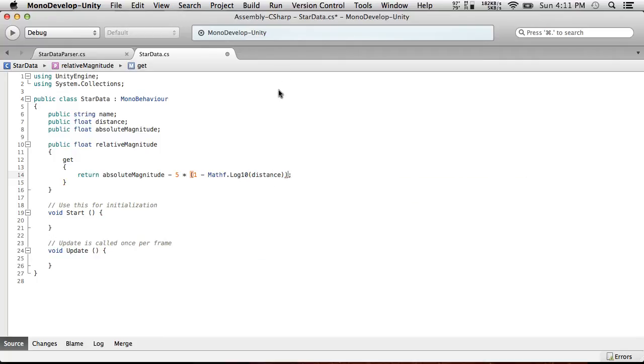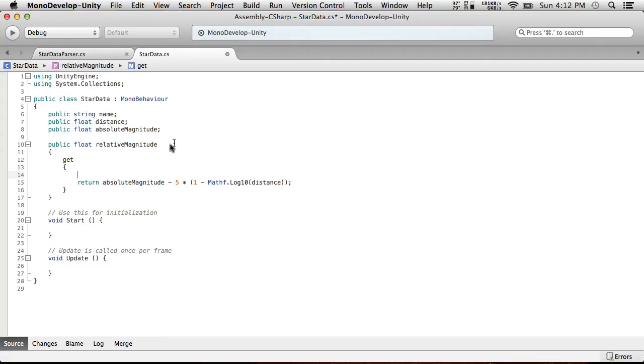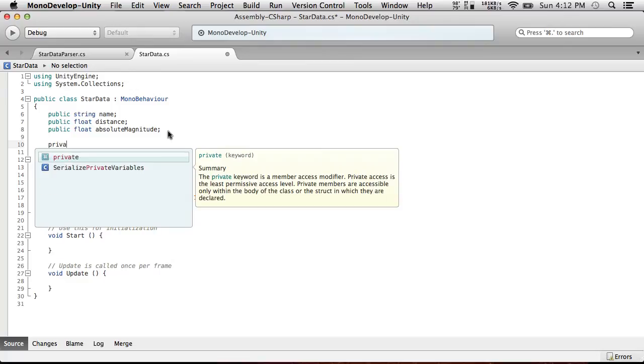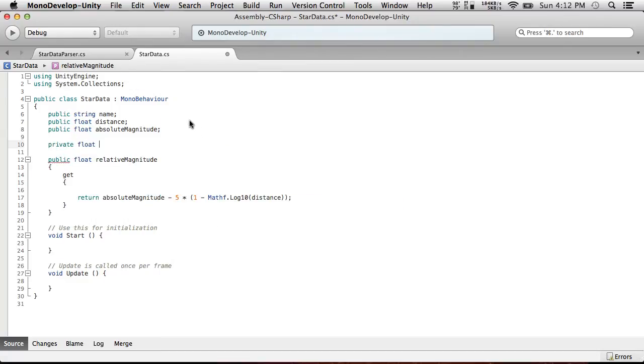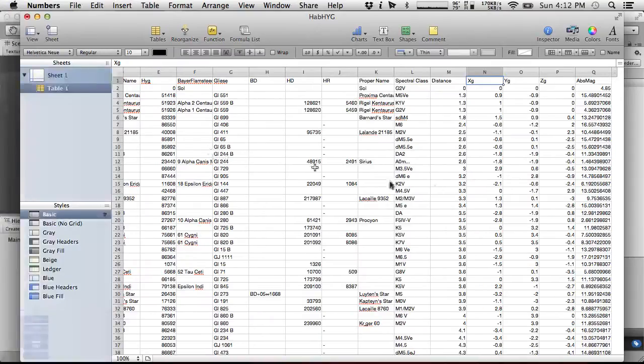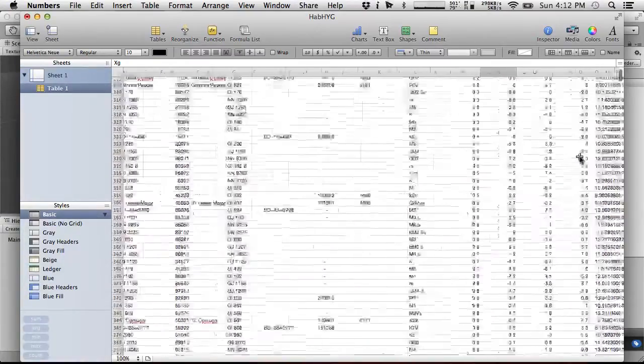And we need one more. So in theory, this should give us our absolute magnitude. And let's go ahead and be a little bit smart about this. Let's cache it too. Let's create a private float. I'm going to call it _relMagnitude equals 0.0f. Actually, let's make it -1, because I don't think it's possible for a magnitude to be, yeah, by